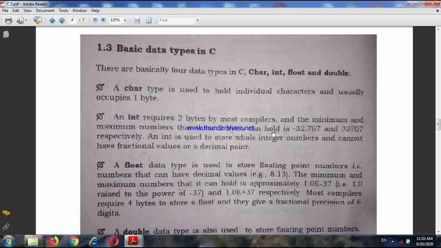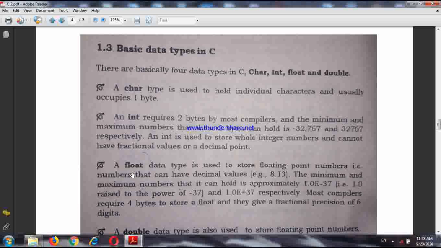And these 2 bytes can hold any value between -32,767 to 32,767 respectively. An integer is used to store integer numbers only and cannot have any fraction values.